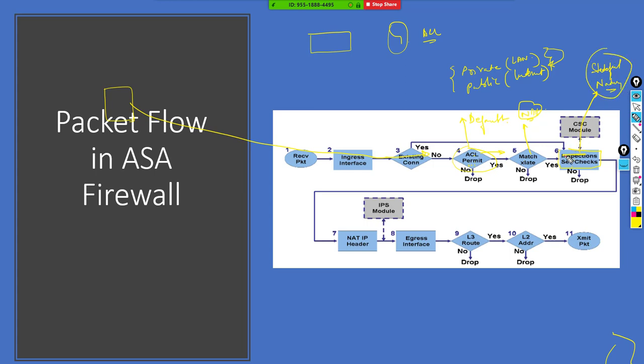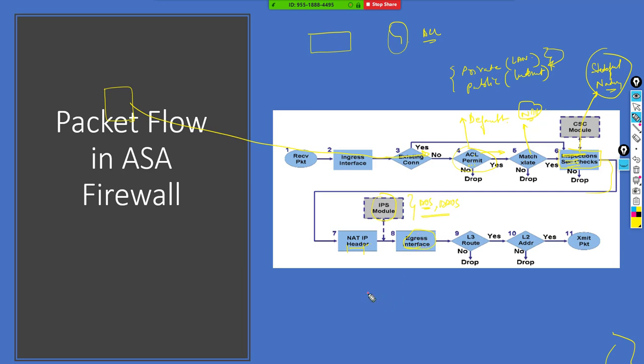Basically, every connection keeps one record inside this engine. Then this will be sent to the NAT IP header. From the NAT IP header, it will go to the IPS module. This is used for detection of DoS attacks. You might have heard about DoS and DDoS, right? So we keep a module where DoS and DDoS will be detected, and then it will be